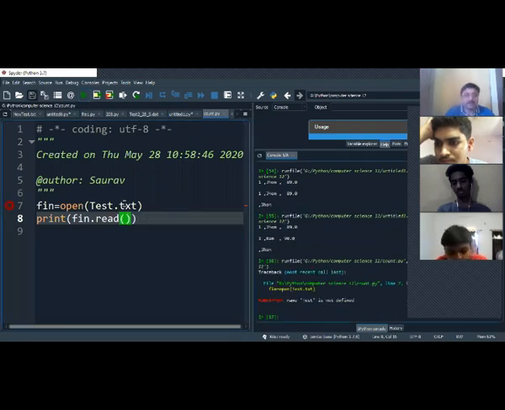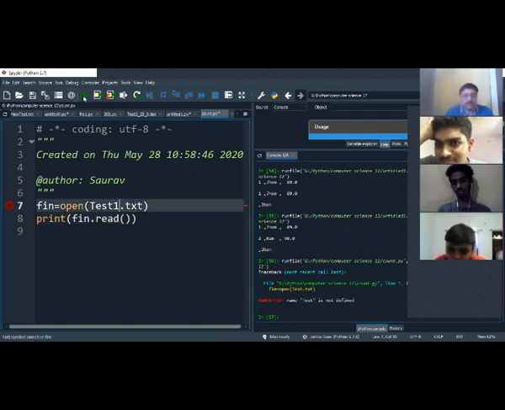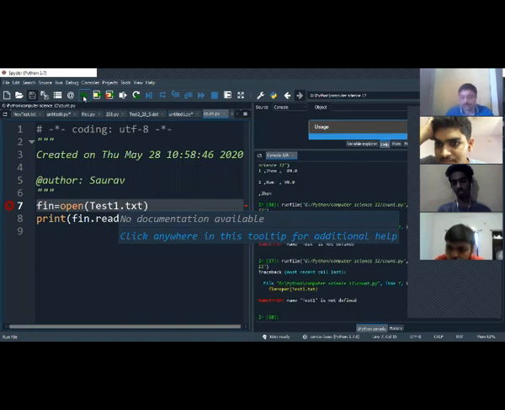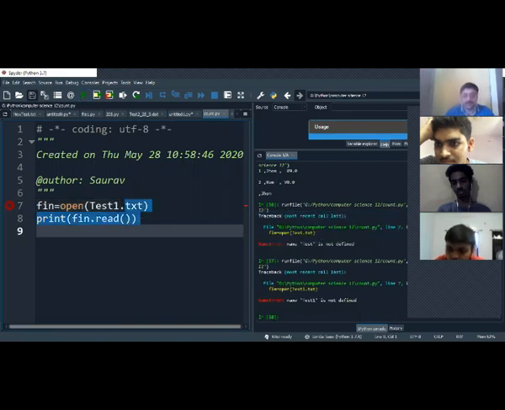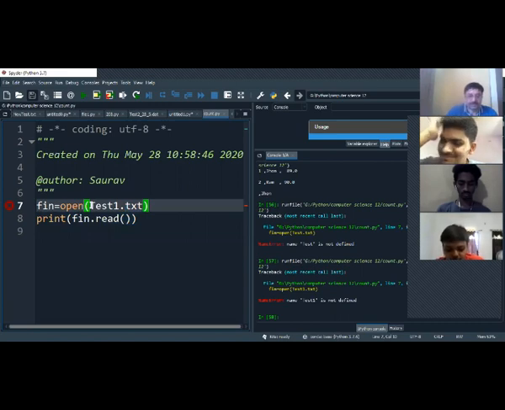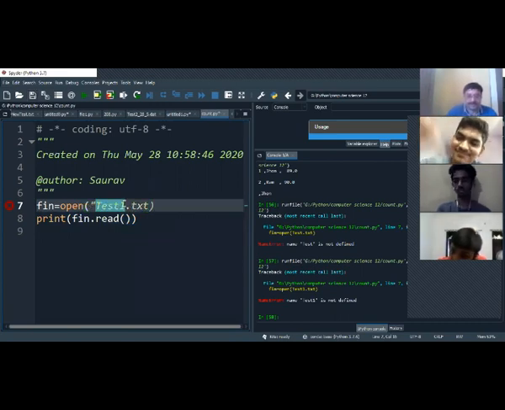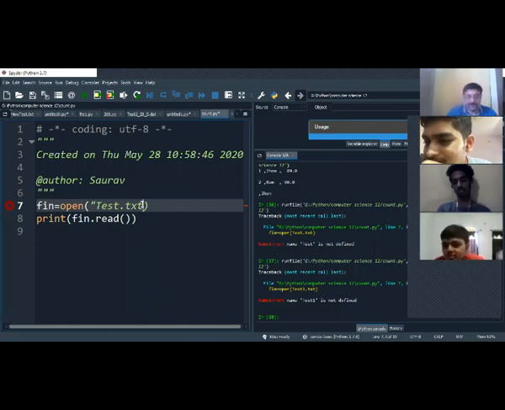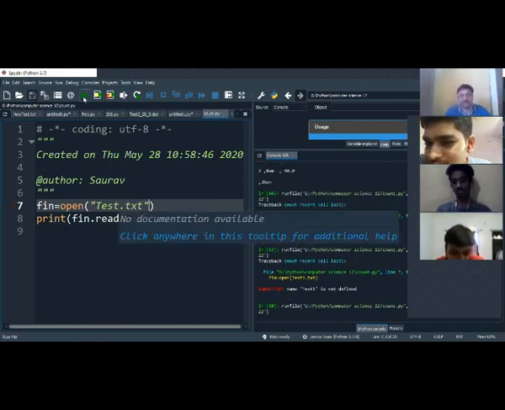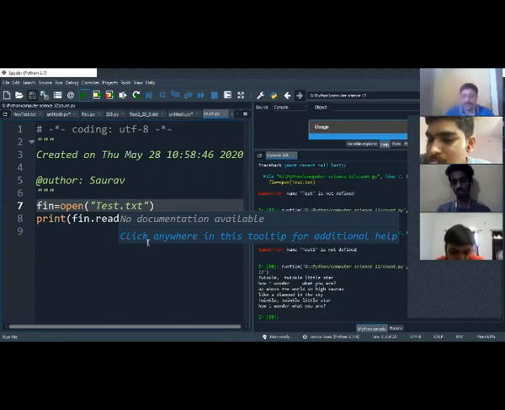Test is not there. Why? Okay, test 1. Why is it not there? Let me check it out. What happened to my test file? Inverted commas, sir. Oh, I missed out inverted commas, I think. Yes, correct. See, it is there. Okay, I missed out inverted commas. Okay, sorry. I got your point. Thank you for rectifying me. If I run this one, so I got all the values, correct?